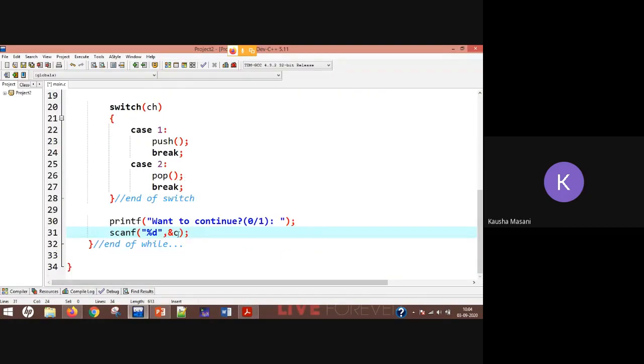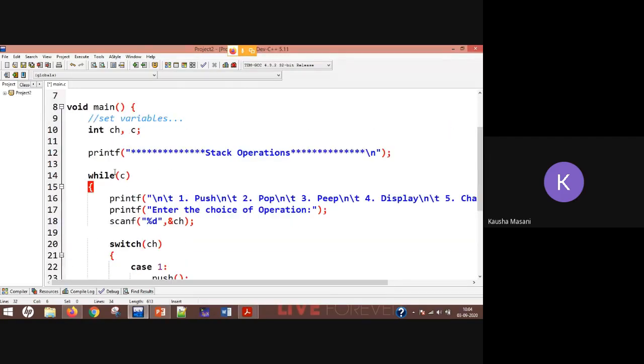So once this c is getting value, suppose 1, control is again coming to the while loop. So c is 1, the condition is true, and again it is going to ask push, pop, peep, display, enter the choice of operation.